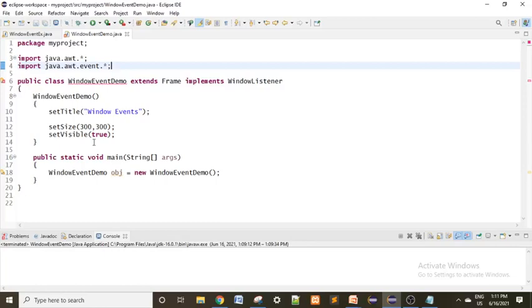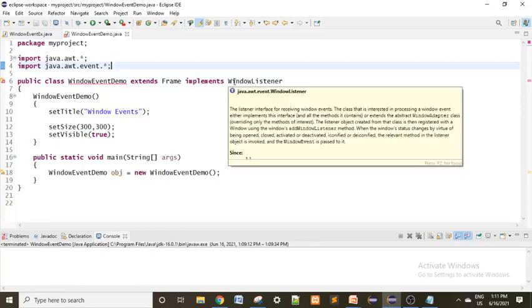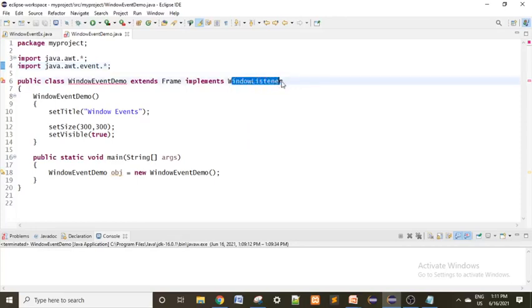Then when you implement, we should override all the methods, not only 2 or 3. We have to override all the methods contained in this WindowListener interface. For example, this contains 7 abstract methods, so we have to override them.